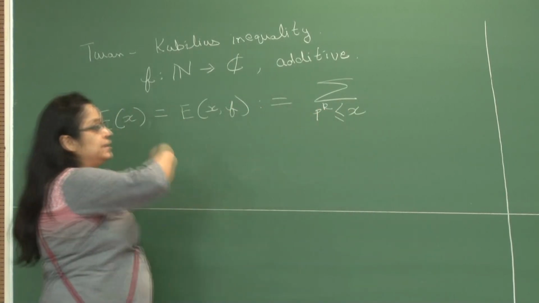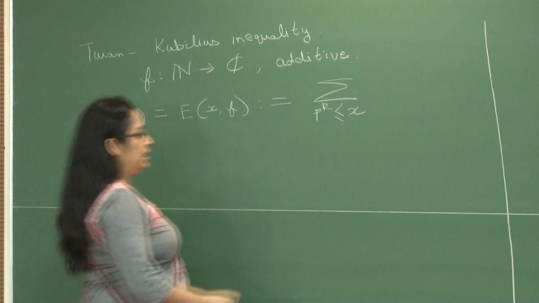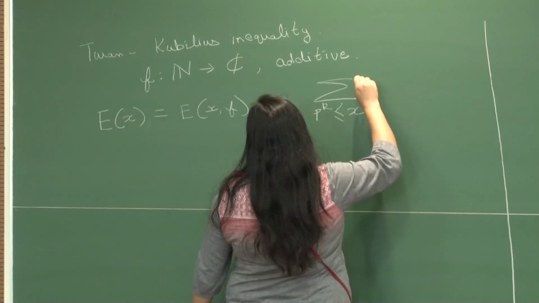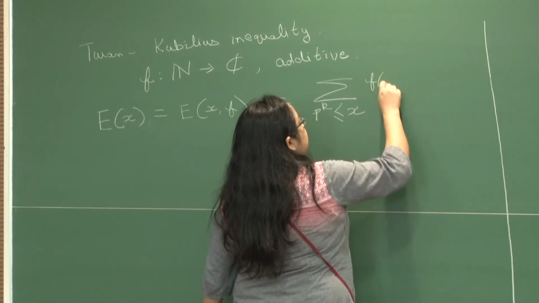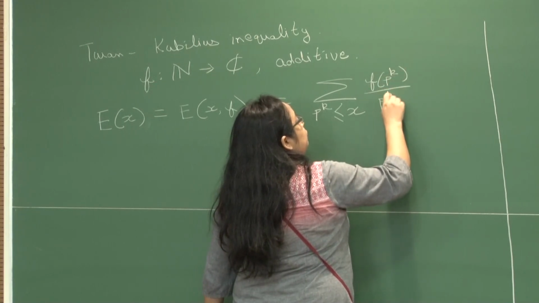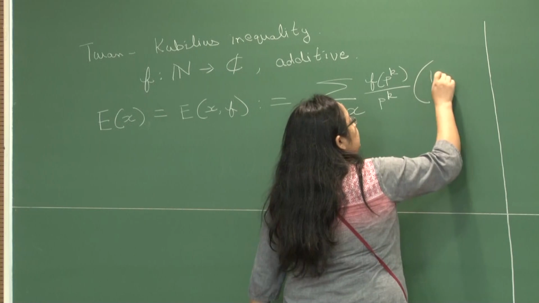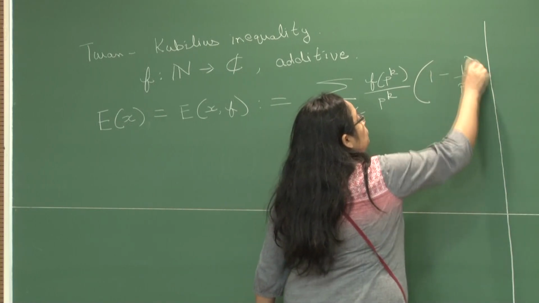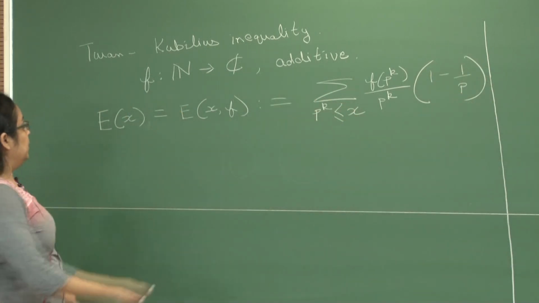So, all the primes and their corresponding powers up to x, and the terms are f of p to the k over p to the k times 1 minus 1 over p, and